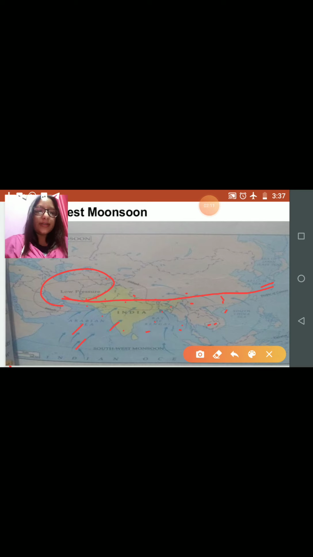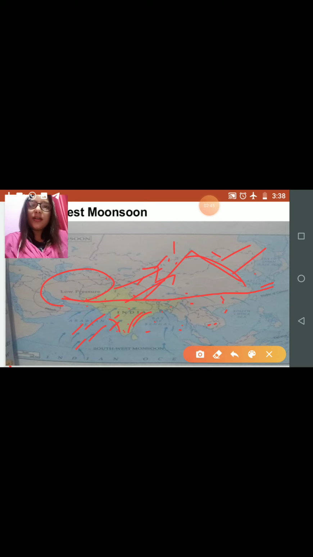Now you see, upon approaching the Indian landmass, the moisture-laden winds first encounter the Western Ghats and the Eastern Ghats. There they cool and condense, resulting in rainfall. The windward side always receives the rainfall, and the leeward side remains dry. In the previous part we also saw the windward and leeward sides. The windward side receives the rainfall, and the leeward side remains dry, always.